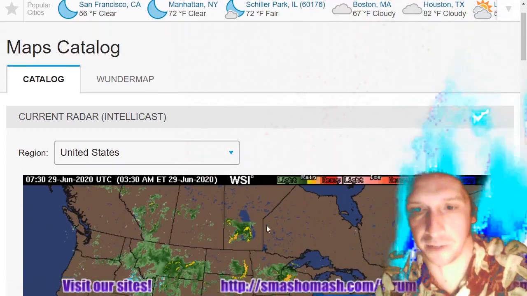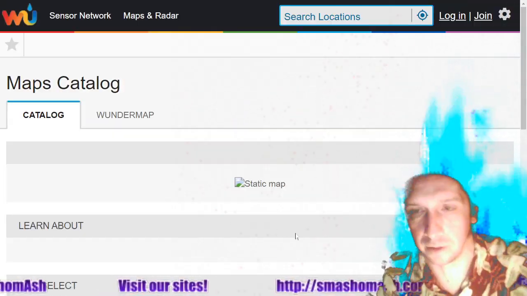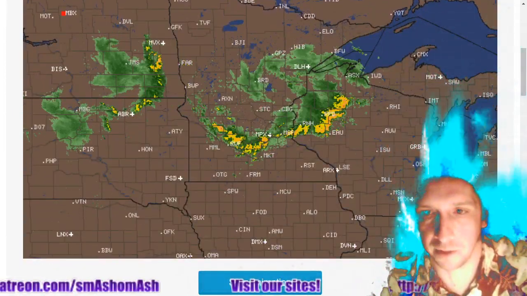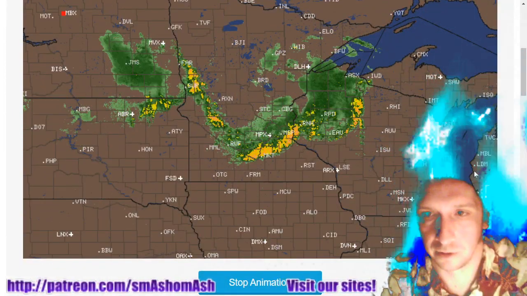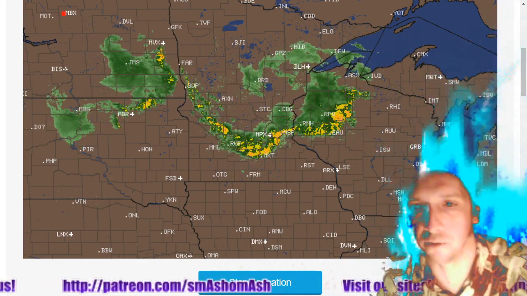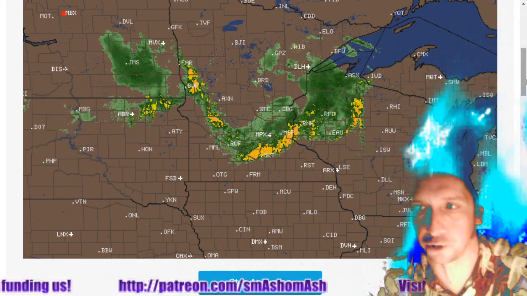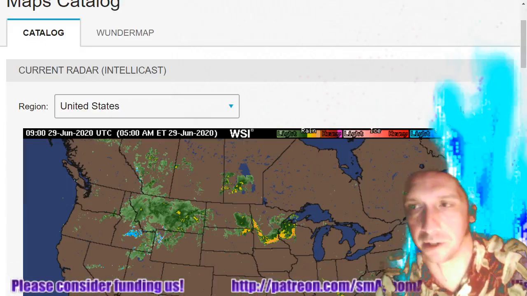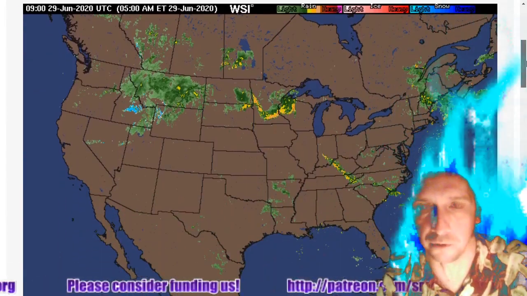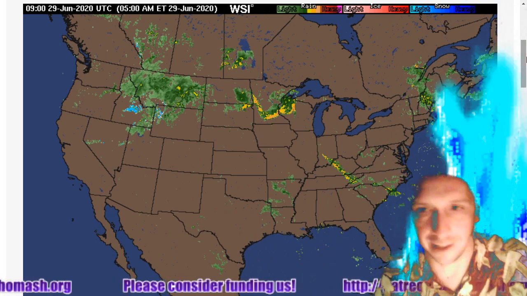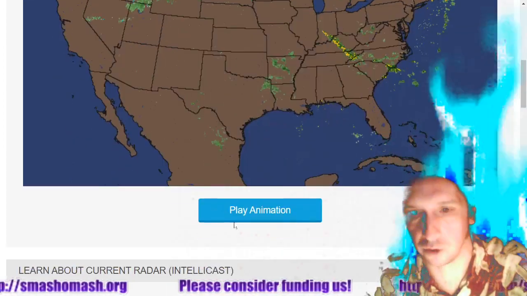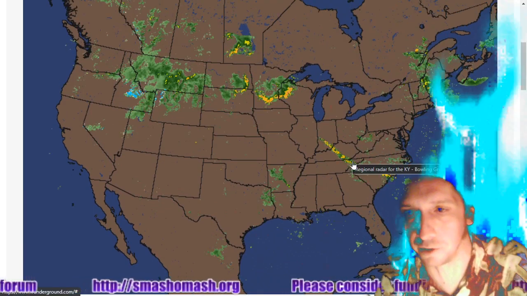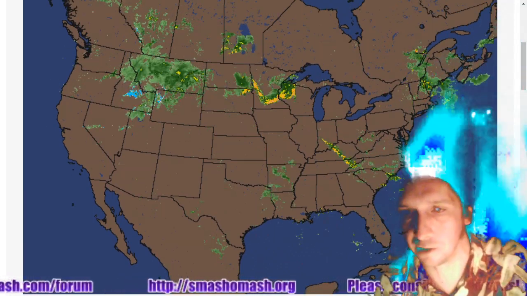Let's actually zoom in on that area, as that looks pretty bad. Wisconsin now getting hit too. Here's the close-up. I'll play the animation for you. So some of those are going to be fast moving and some of those are going to stagnate, and they're going to train on your locations. Which, by the way, training is when you get a line of storms that are moving in line with your location. So, and we got a string of severe thunderstorms there over the central south also, places like Tennessee and